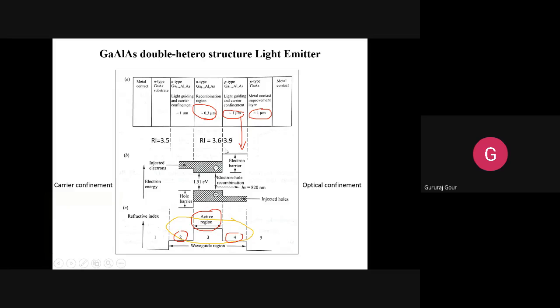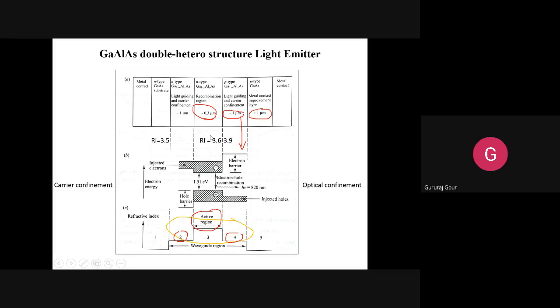So that's why you can see the refractive index of the core is kept a little higher, from 3.6 to 3.9, compared to the cladding, which is around 3.5, and it is still less. Around 3, maybe 3.5, around 3.9. Sorry, like that. So the refractive index profile will increase. It will resemble a Gaussian distribution of the indices, starting from the metal contact to the substrate